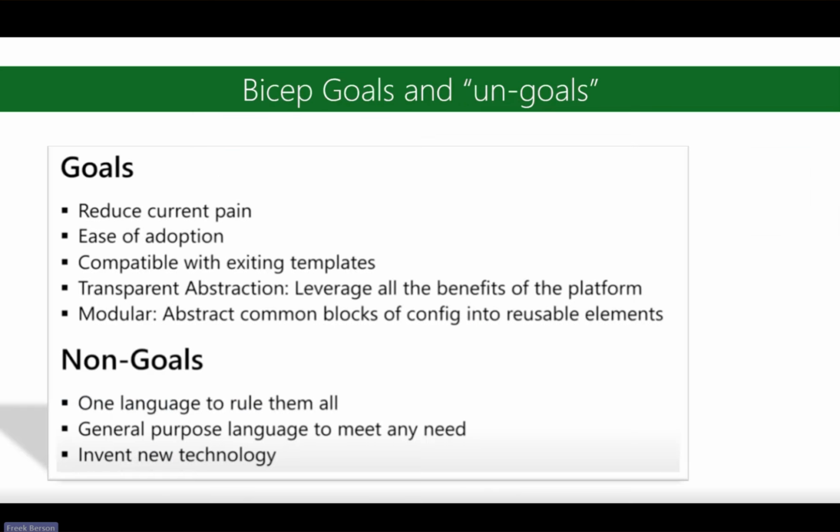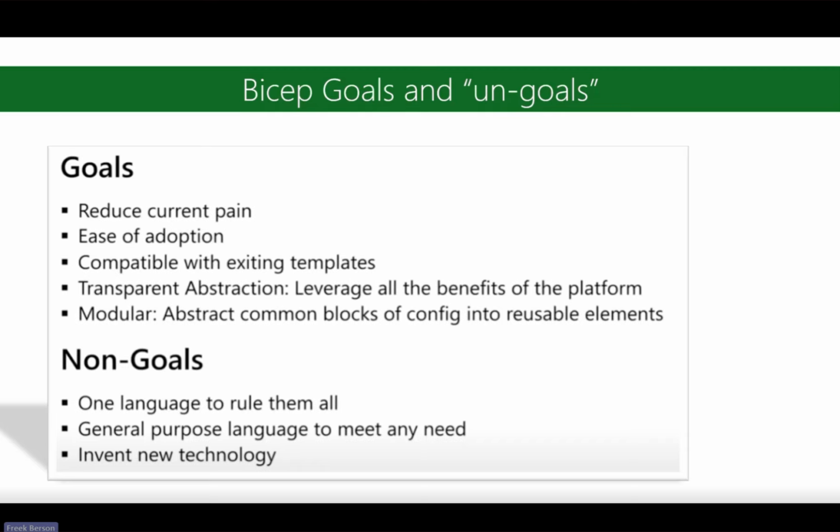So it's been 5 years, right? So just as a quick overview of what they announced 5 years ago as part of their original slide deck of Bicep 0.1, which is 5 goals and 5 non-goals as well, or as the title implies, ungoals. I'll talk about what that is in just a second.